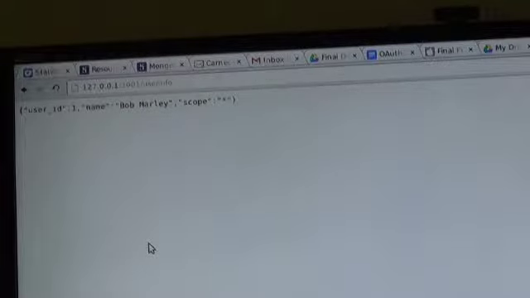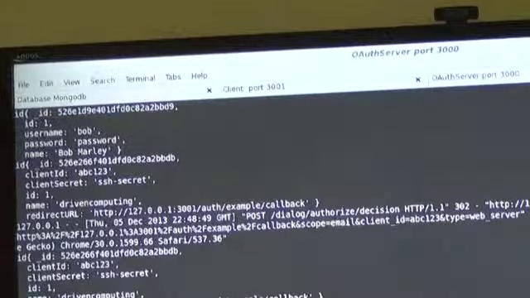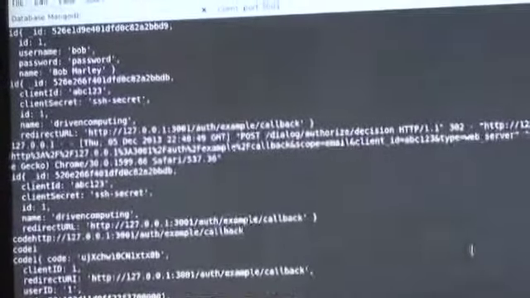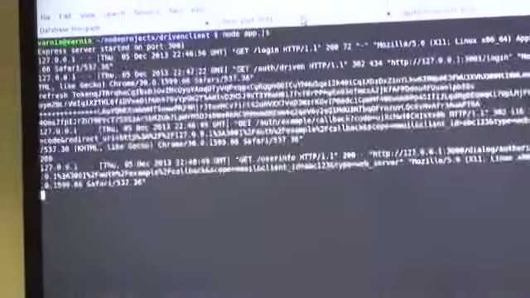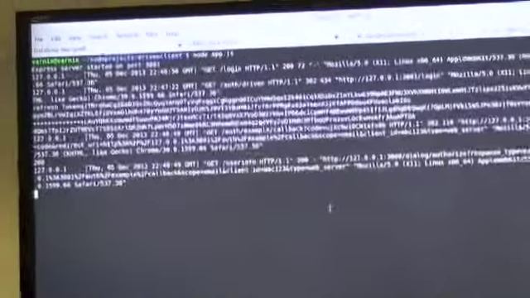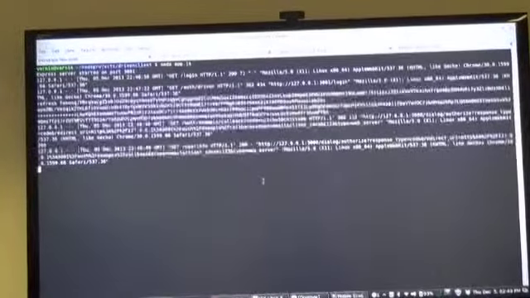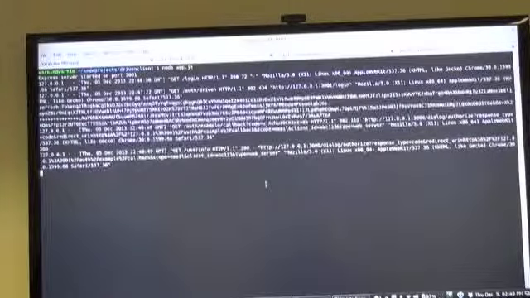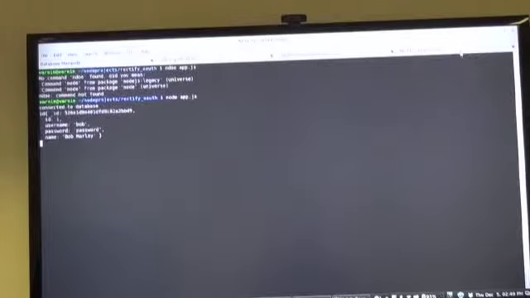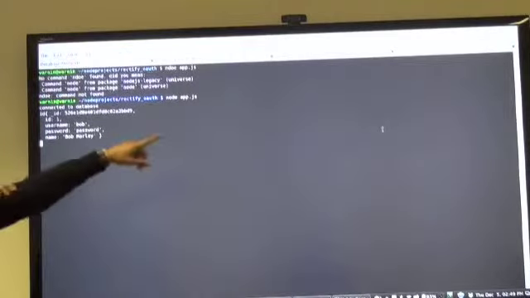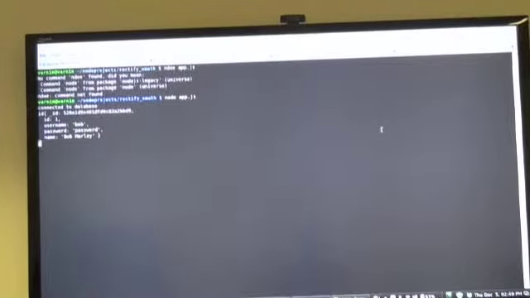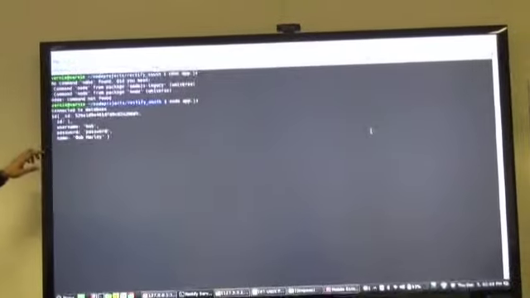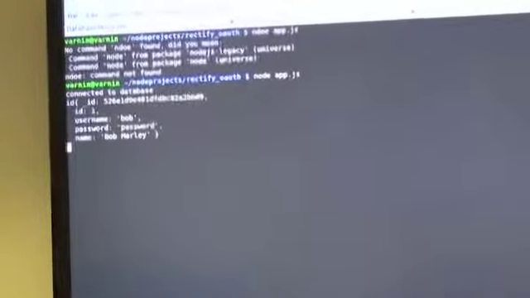Once the access was granted, the server redirected the client back with the authorization code, and the client used that authorization code to get back the token from the authorization server. And we can see here a request was made at the Restify server, which has a protected API. Using that API, the client made a request and it got the details of this particular user using the token.